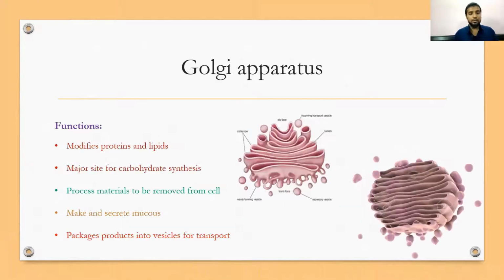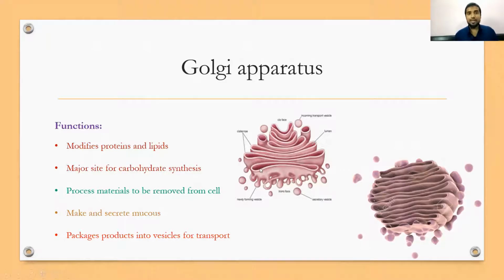Moving on to the Golgi apparatus. These are smooth, as we have seen in the structure of the smooth endoplasmic reticulum, and they are similar to that. You can see here the smaller parts are called vesicles. How these vesicles are formed, we'll see in the video. So you can see the structure: incoming transport vesicle. There is an empty space called lumen. The outer surfaces are called cisternae, as in the endoplasmic reticulum. And these small projections are newly forming vesicles.